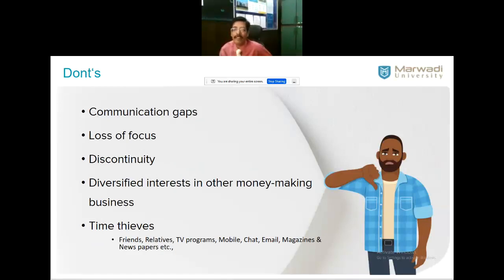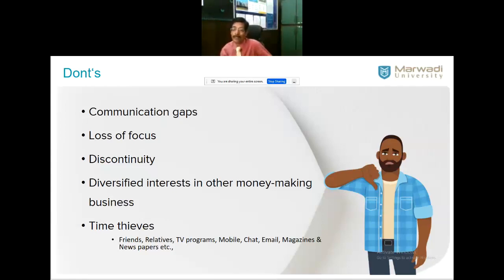Don'ts. Many will start, but only few will complete because of the communication gaps existing between the supervisor and the scholar. The supervisor may have 7 to 9 scholars or more for senior people. So his tendency is to spare his time only for people who are inquisitive, who are regular, who are not maintaining any communication gaps. That's important. You also don't make any communication gap, just meet. Without any agenda, don't waste your time. You prepare, you give your contribution and share it with him.